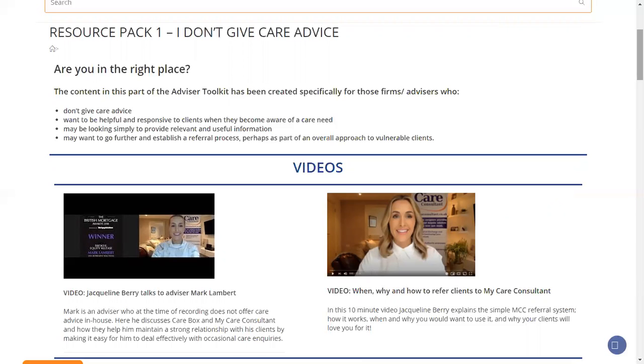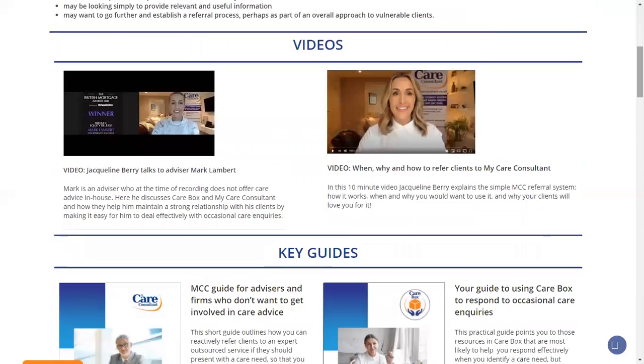Underneath this, you will see a section headed Videos. Again, this is replicated across all 4 packs, each containing new videos featuring both advisors who are already using CareBox as well as known industry figures. In this particular pack, you'll find a video on the left from an advisor who is an equity release specialist,